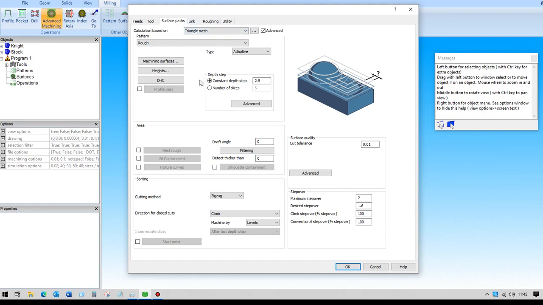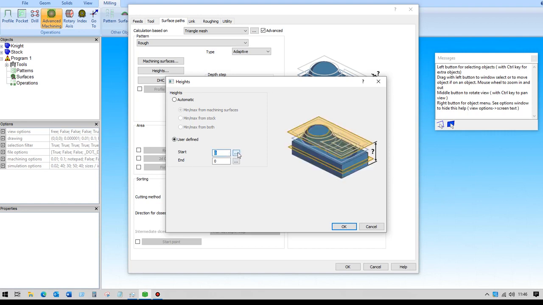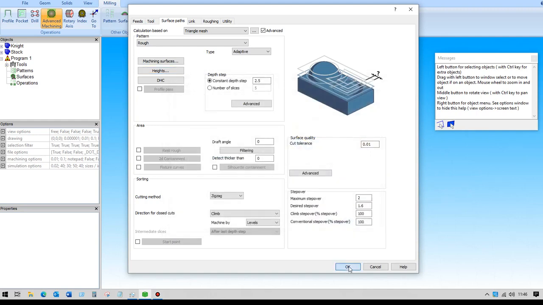The last thing we need to do is to look at the heights of where we want it to machine. If we leave it in automatic, then it will try to machine all of that stock part, but we will need to change that. So we'll use user defined, and we can either set the stock by choosing it from the screen, or we can set up the value here. So if we start at 20mm and end up at 0 and click OK,